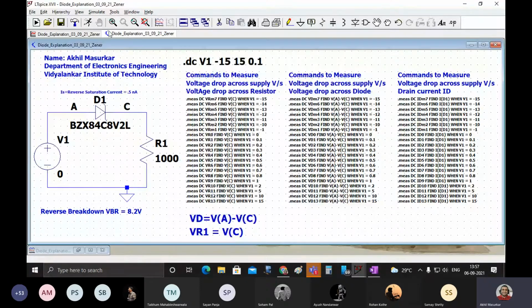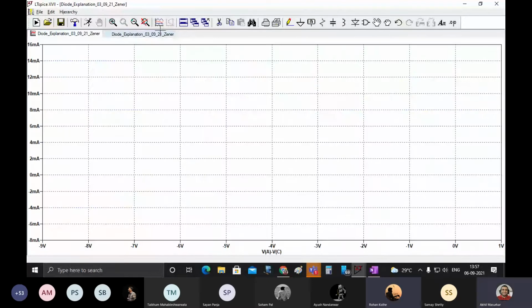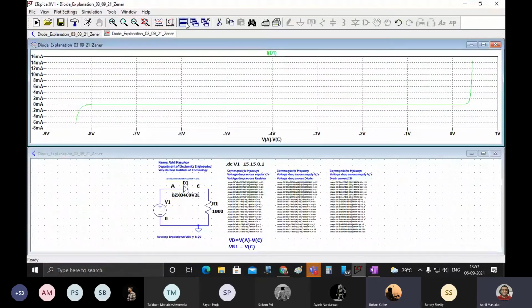Sir, yes, sir, I have posted a screenshot in the chat box. So your graph for ID1 goes way below minus 1.2 milliamps, but mine is stopping at minus 1.2. What did you do to get that low? Your Zener diode is different, Rohan. I selected the 15 volt one, so maybe because of that you are getting a different graph. Okay, sir, I'll change the diode. If you want to match your output to my output, then the circuit has to be exactly similar.